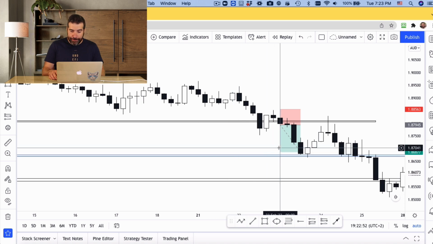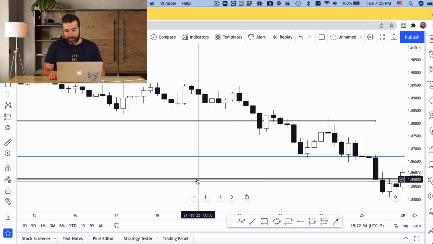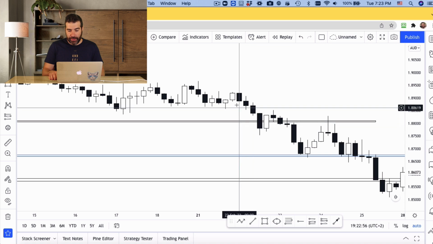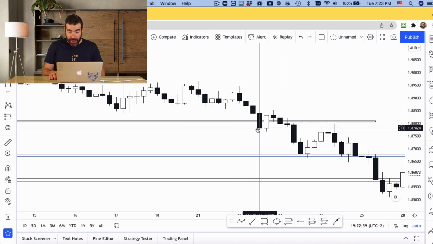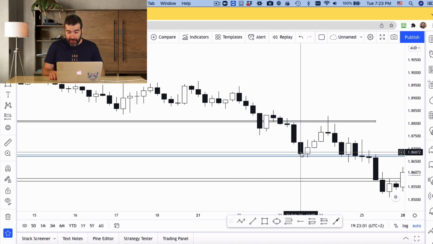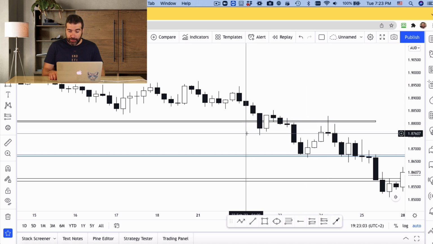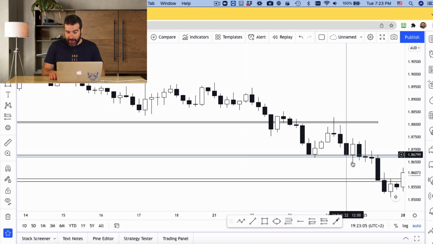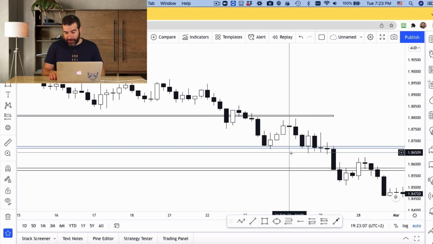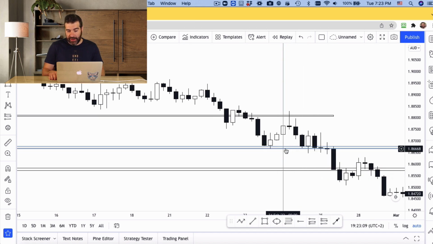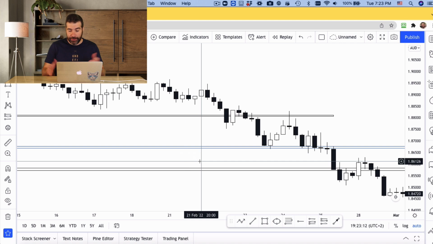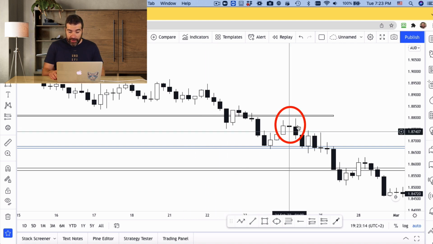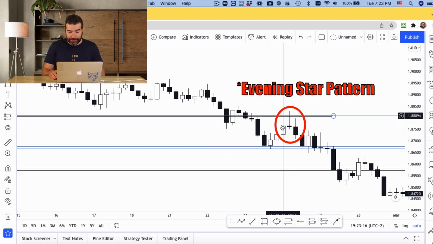Okay? You might want to say, this is not a breakthrough to me. I'm waiting for a real breakthrough, and that wasn't it. So we'll wait for this, and then we'll wait for the pullback back to the daily support and keep on going down. Now, the problem is you might say that this 4 hour support is going to get in the way, but maybe it's not. So this is called an evening pattern,